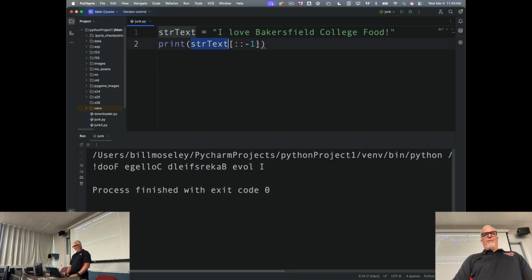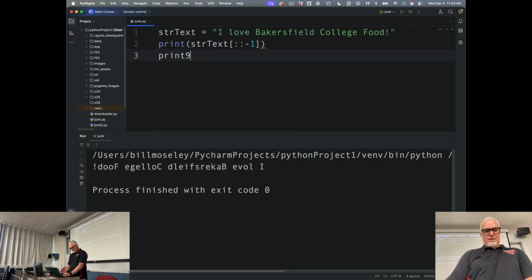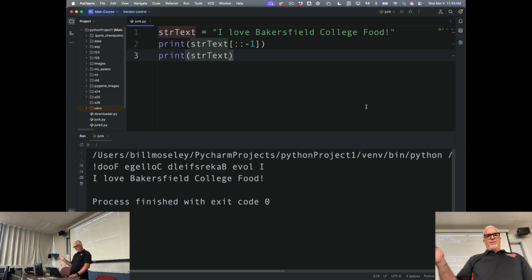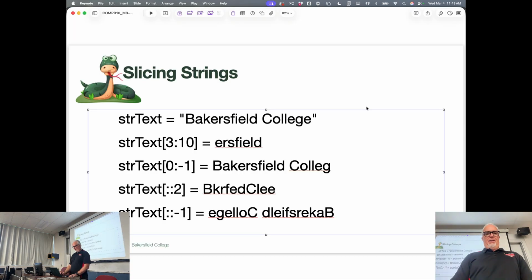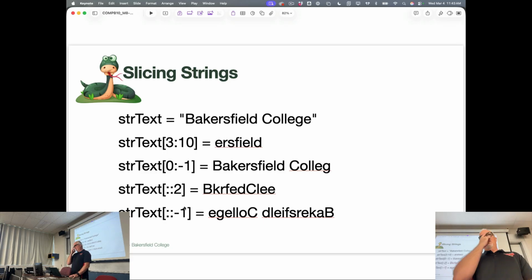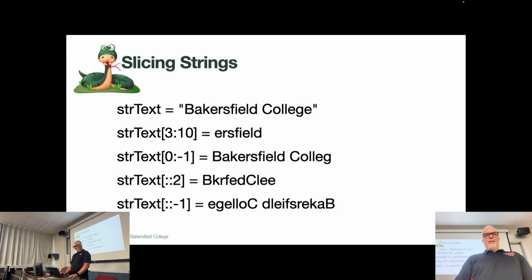And it doesn't change the original string. It's just returning that. Because if I print str text again after that, you can see the original is still in the same order, which is kind of nice, kind of handy. It doesn't destroy it. So that's string slicing, the idea of using these indexes and multiples to get what you want from a string. So if you use that in conjunction with things like find, which returns an index of a specific word, then you can extract words, you can do all kinds of things with it. So that leads us to